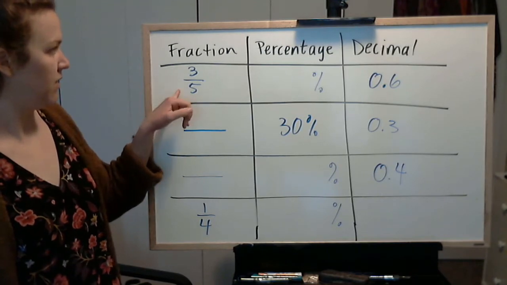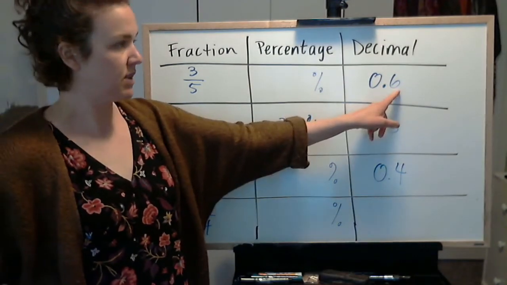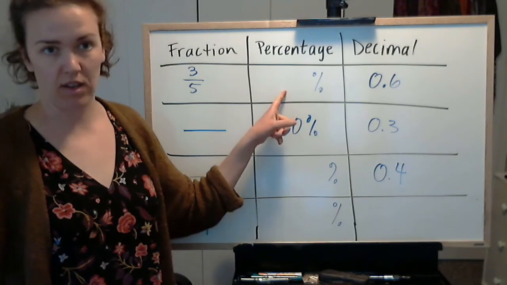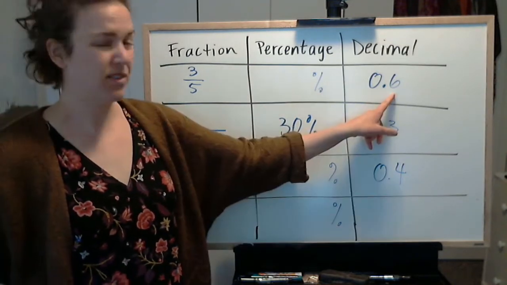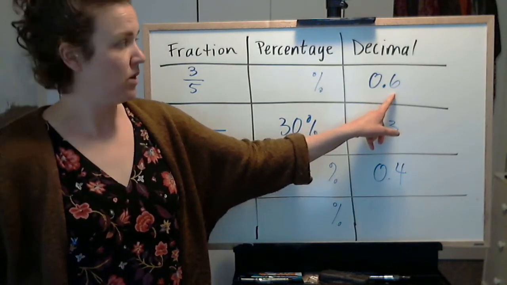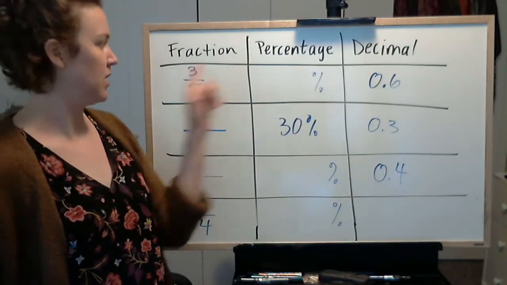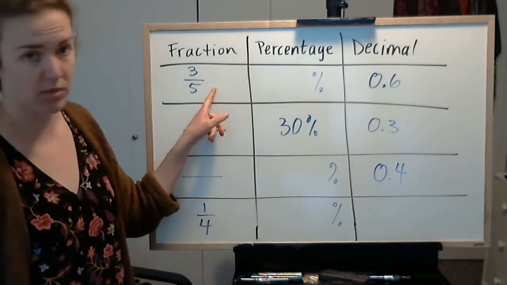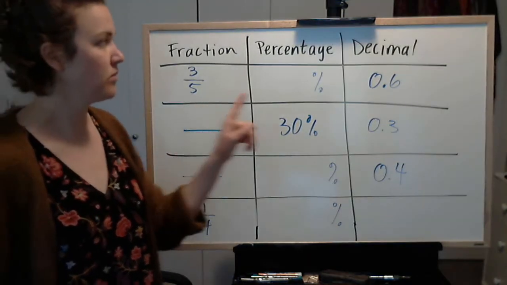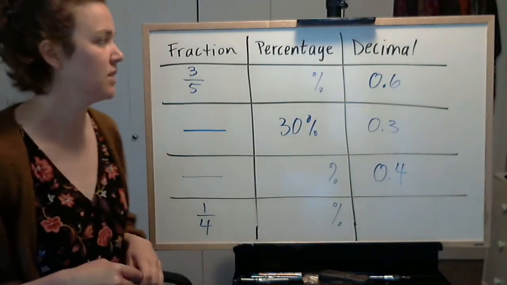So 3/5 is equal to 6/10, and we have to figure out how to write that as a percentage. There's a few different ways to think of it. So 6, I'm going to start with the decimal. That seems easier to me than starting from 3/5. But you could start here if you wanted. So 6/10,